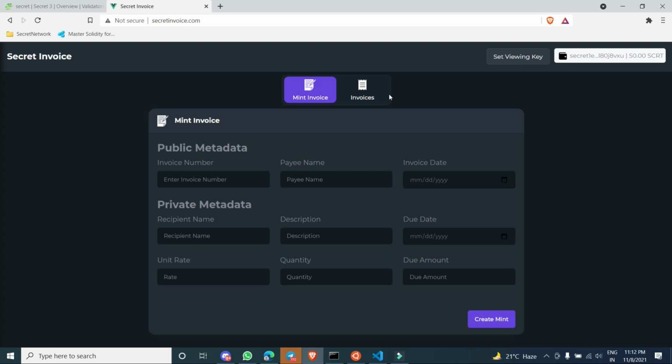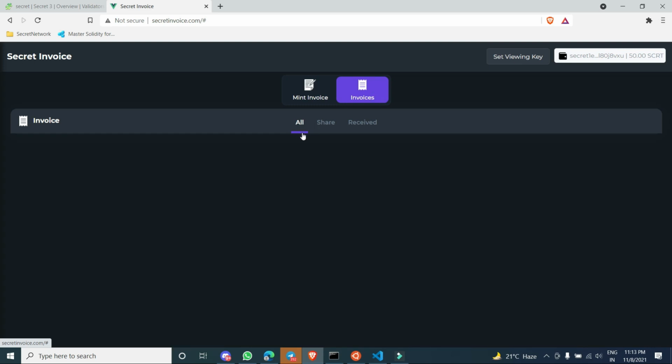Once we have connected, we will get this initial interface where we can mint invoice. Minting invoice is generating an invoice, and that will be an NFT on the secret network blockchain. Currently that is on holodeck 2, and in the invoices section there is all, share and received. So in the all section, the list of generated invoices and sent invoices as well as received and paid invoices